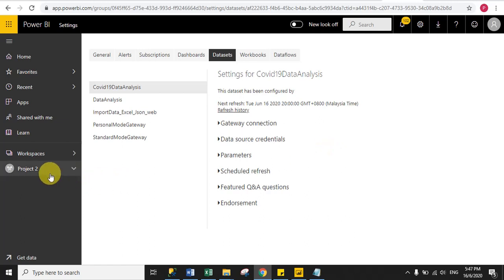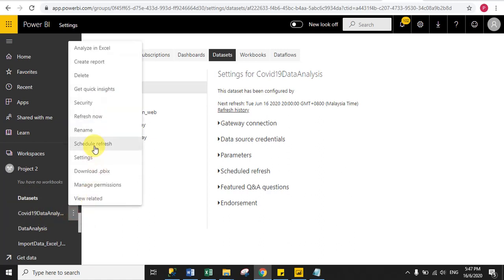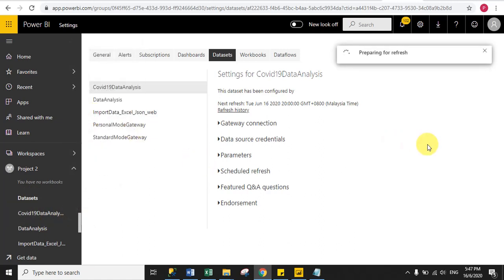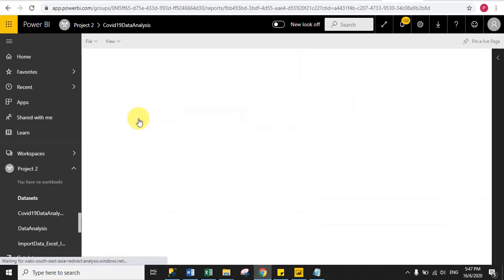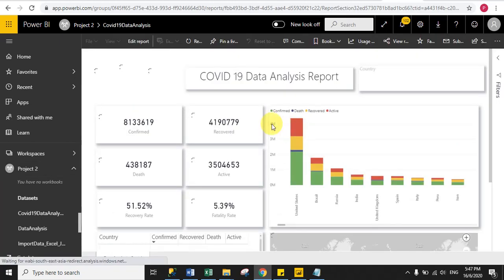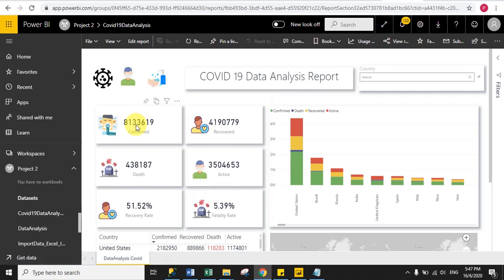So for this, just click the workspace down arrow, and here we have the dataset option. See, and then select the dataset and click the ellipsis icon and click refresh now. So when you click refresh now, you will get updated data from the live web API, right. So that is called manual refresh of the dataset. Okay, and when you go to the report, so you can see here you will get the updated count. Okay, so hope you cleared how you will set the schedule refresh time to get updated data in your report page.